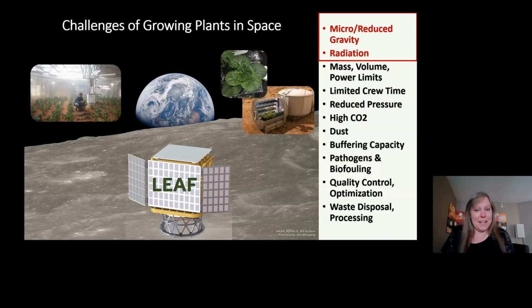So in space, we need all the same things to grow a plant, right? You need water, CO2, minerals, and light. But there's a lot of complications. You're extremely limited by how much mass you can carry, by available volume and power. Microgravity, or on the moon, reduced gravity, complicates water transport, complicates air mixing and root aeration, and it confuses